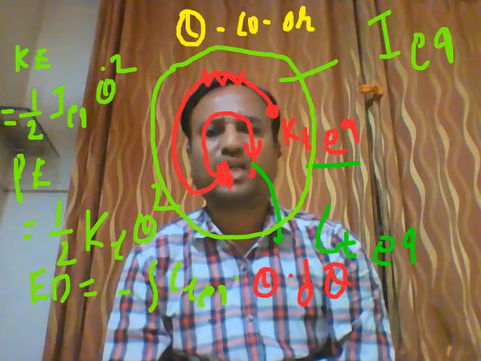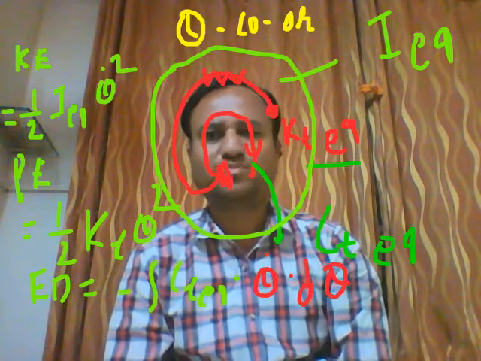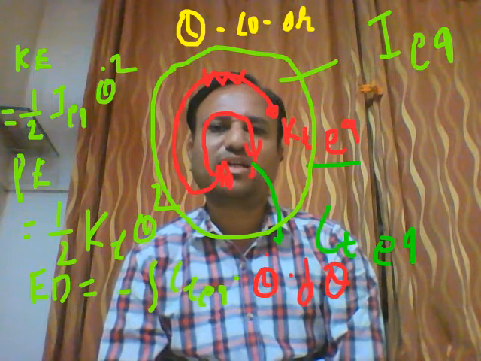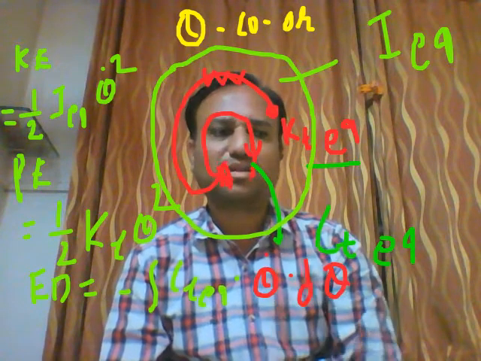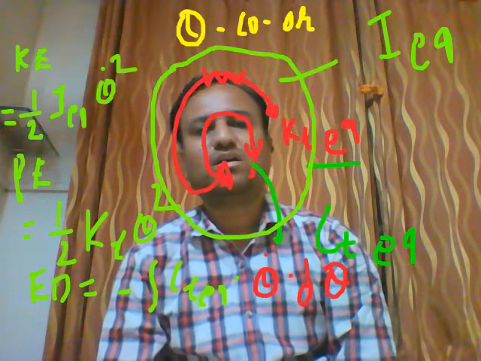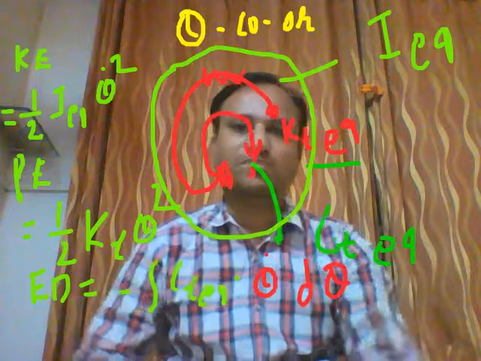So remember, student, in damped vibration there are three categories of problem. The first category is on viscous damping, the second category is on Coulomb damping, and the third category, on which a problem may be asked, is the equivalent system.